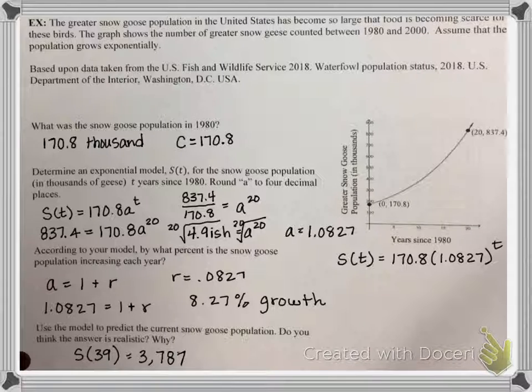So I get that, and then that is 3,787,000 geese. You think that answer is realistic? I have no idea how we would determine if it's realistic. I didn't write this problem, but somebody in my other class said they didn't think